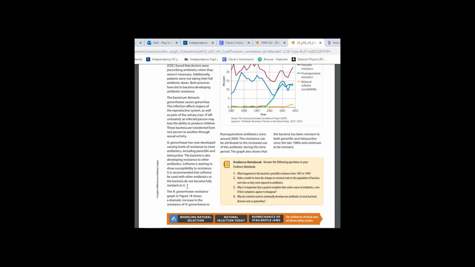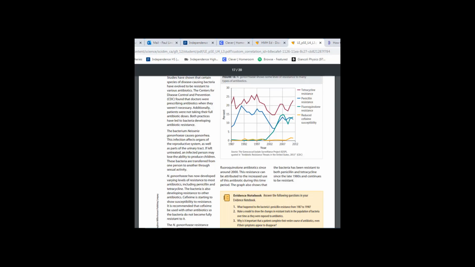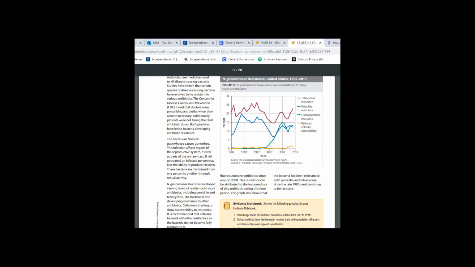The gonorrhea resistance graph in figure 18 shows a dramatic increase in the resistance of gonorrhea to fluoroquinolone antibiotics since around 2000. This resistance can be attributed to an increased use of this antibiotic during this time. This graph also shows that the bacteria has been resistant to both penicillin and tetracycline since the late 1980s and continues to be resistant. So here's the graph, and we are actually answering this first question that is here, but